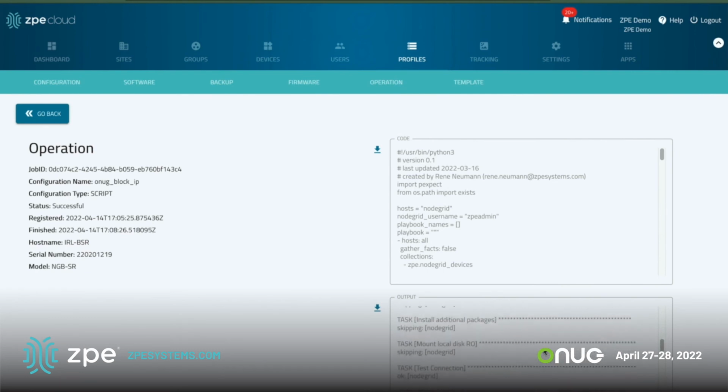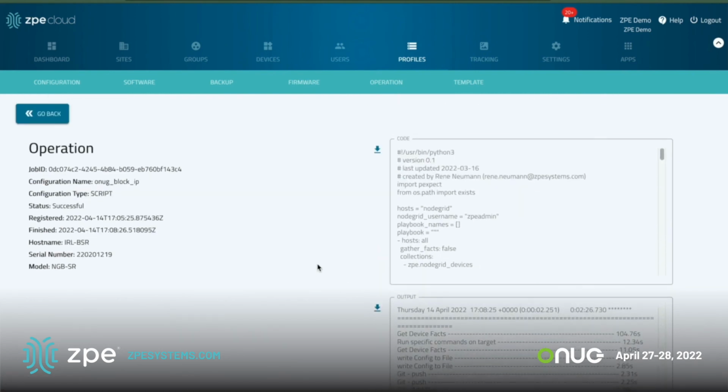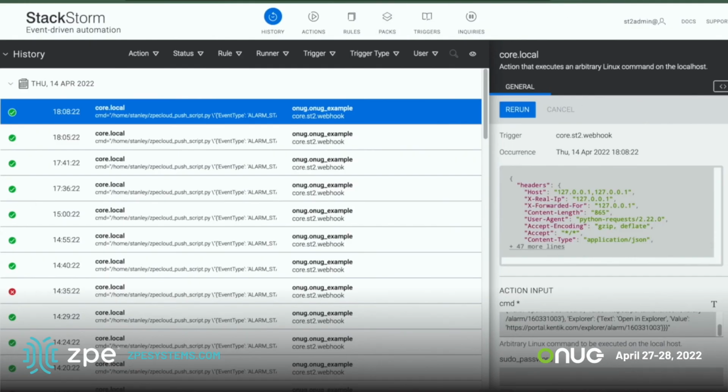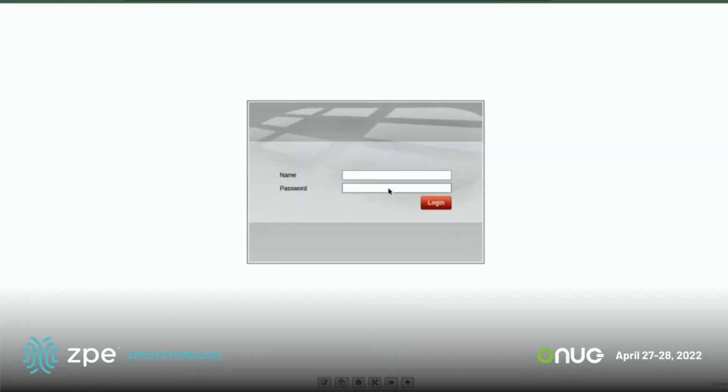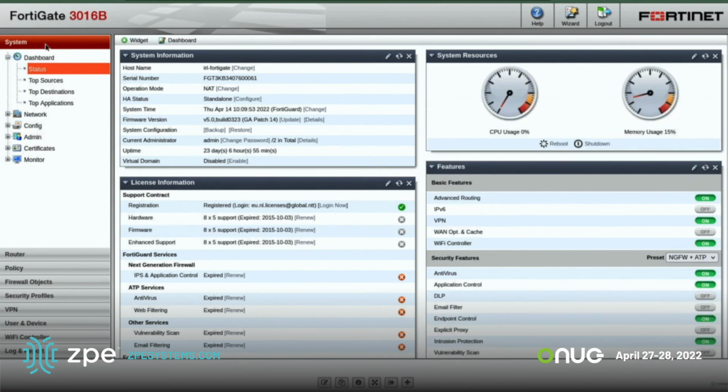If you look at the process in our ZPE Cloud, you can now clearly see the different automation steps and the results of those steps. In our case, this was successful. We can verify that by going to the FortiGate and looking at the different policies. Let me log back in. And if we go to the policies,